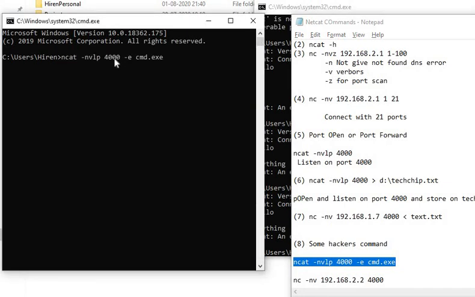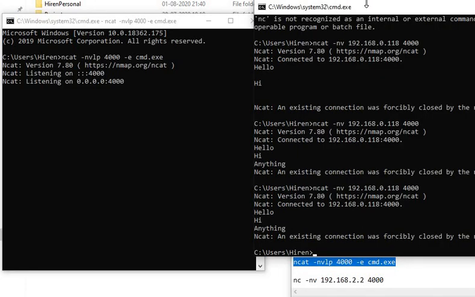I will open up port 4000 with this command, ncat -nvlp 4000. And with dash e cmd.exe, whenever anyone connects to the system, it will open my command prompt. So let's try this. Yes, the port is open.